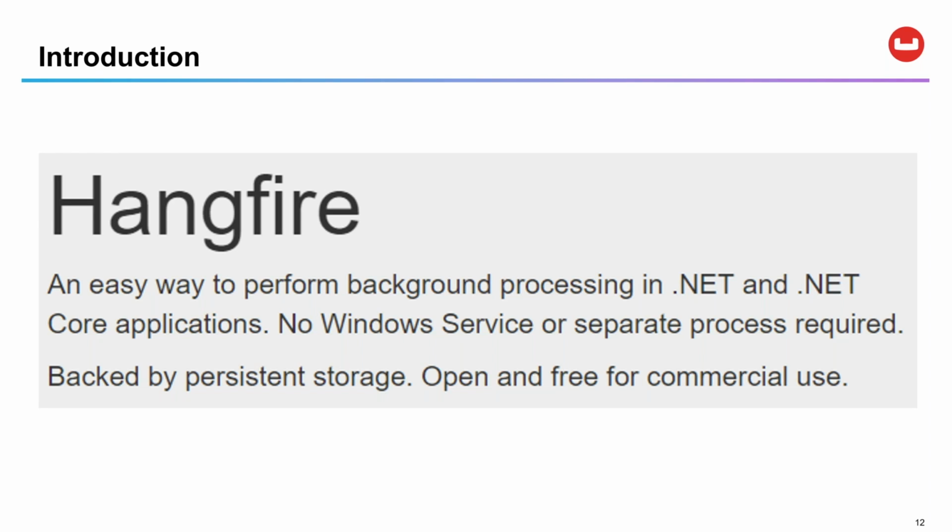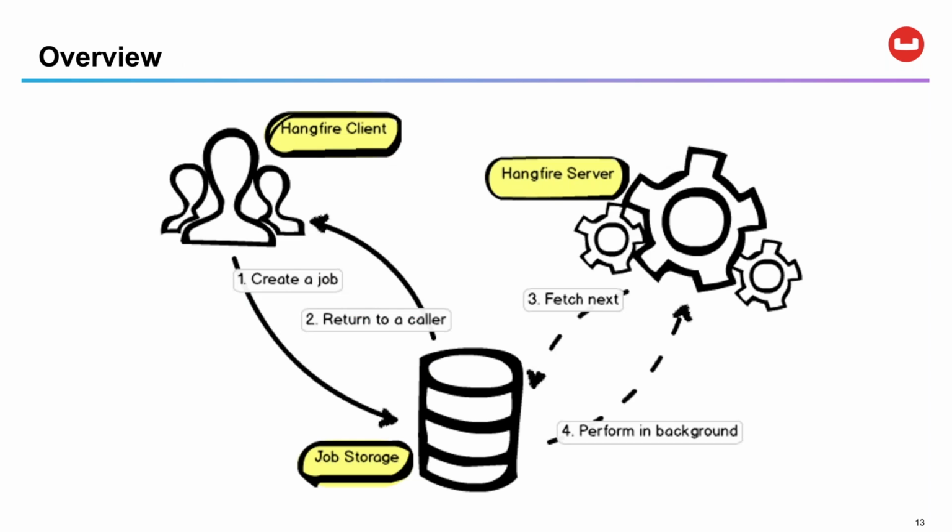It carves out its own niche. So it's easy to get started for really simple tasks. And if you do want to scale to multiple processes down the road, you can do that as well. It's easy to scale out. So this is the architectural overview of how Hangfire works. You have a Hangfire client. It's going to create a job, and that's going to be stored somewhere in some sort of persistence. And then the Hangfire server will then go look at that persistence and fetch the job and then perform it